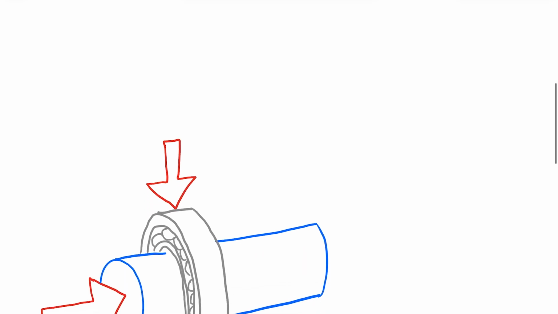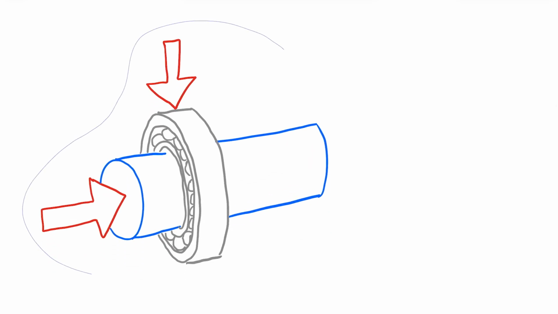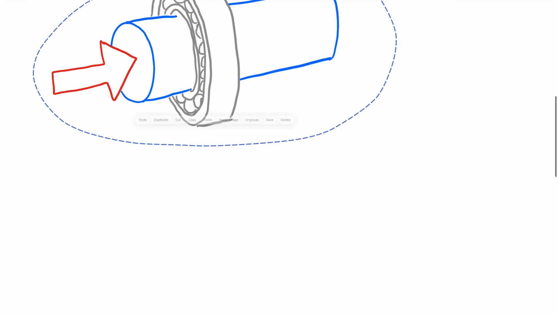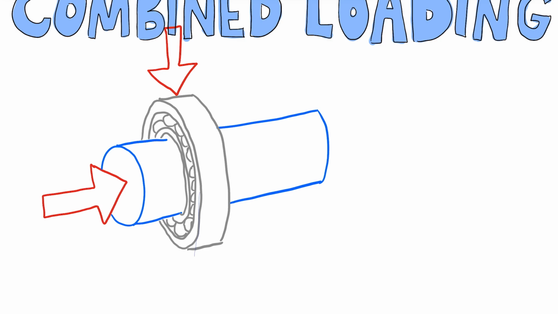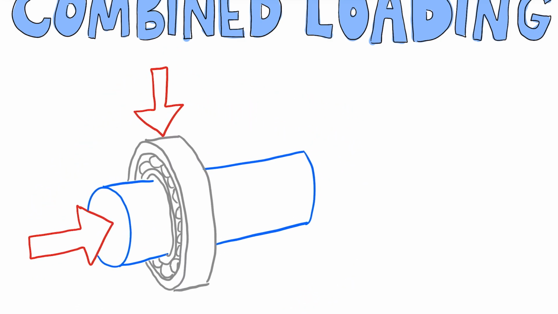Today we are continuing our discussion of bearings by now discussing what might happen if we had a combination of radial and axial loading on a bearing. So I have taken the liberty of drawing a schematic for us before I started this video to show exactly what we're talking about here. So what we're dealing with is a rolling element bearing that is subjected to both a radial load,